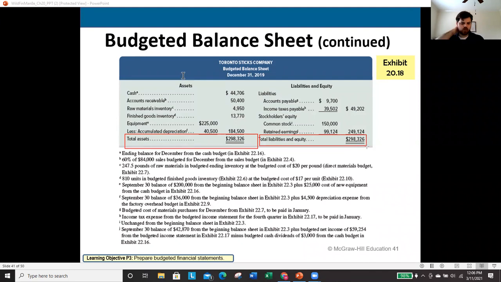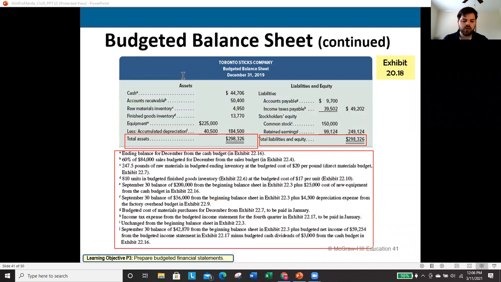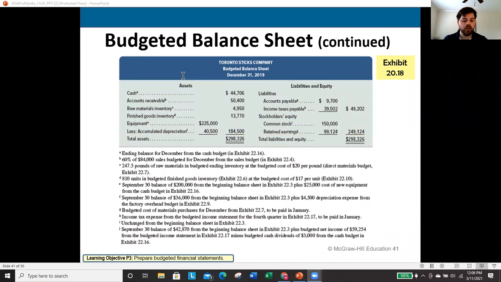Now, if you want to actually roll through and see where all of these numbers come from, they provide a detailed description down here in the notes section. So if you want to go ahead and pause the video and look through that and try to trace that all through, that is fine. For the sake of brevity in this video that's already getting fairly long, I'm going to skip over it. But if you want to work through that, it's certainly not going to hurt you.